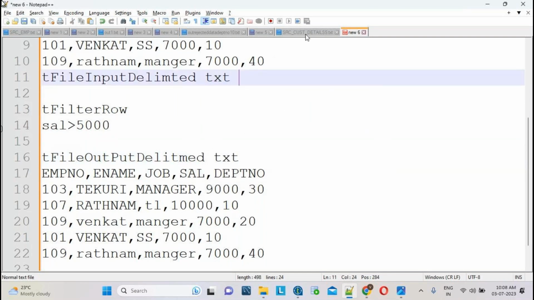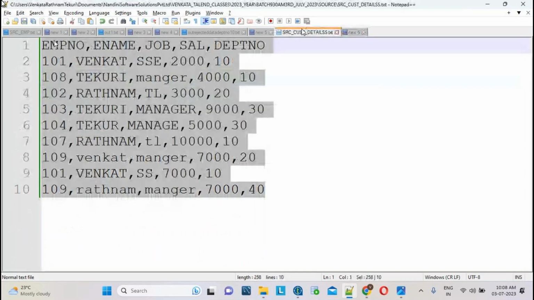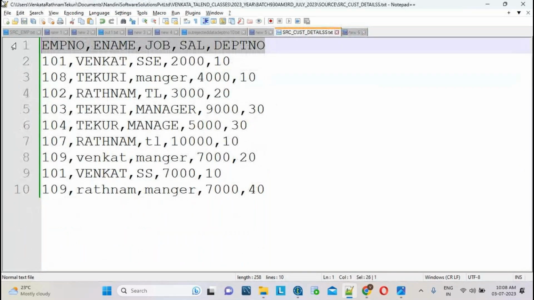See, earlier I manually entered the column names. Here how many columns are there? 1, 2, 3, 4, 5 columns. Fine. Assume that I am entering these 5 columns manually. But if 1,000 columns are there, is it possible to enter them? Yes, it is possible, but it will take some time, and we may make some mistakes. I don't want to do it manually now.